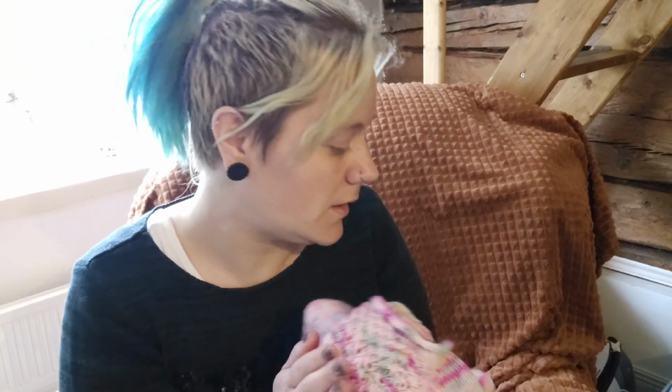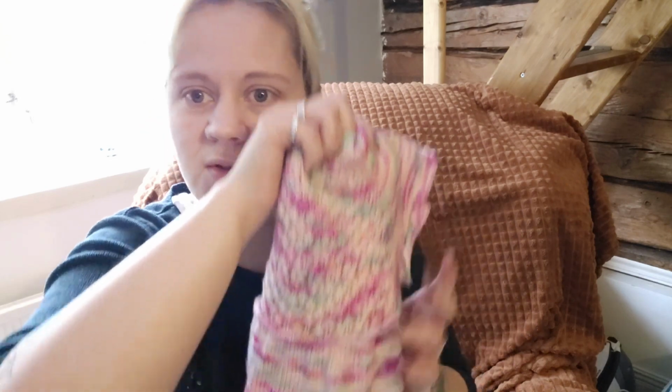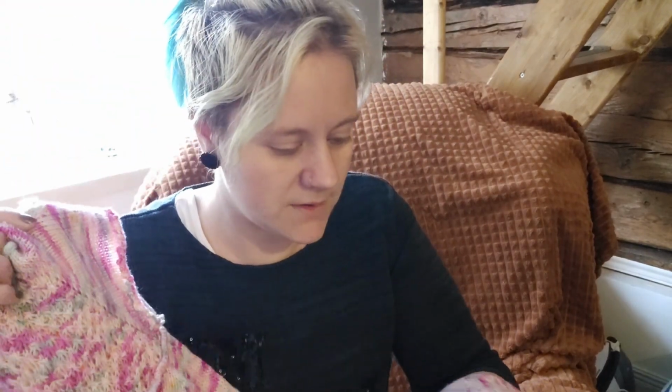It's on her soft merino sock yarn base. I'm not a huge fan of merino sock base if you are going to make socks, but for a dress that needs a little bit more drape and softness, it's perfect. And the funniest thing is, every time I have used her soft sock base, or merino sock, I think it's called,